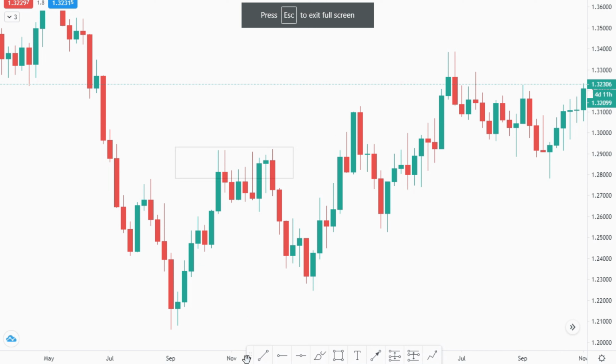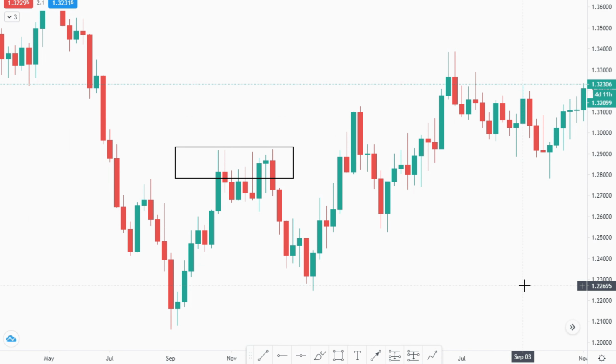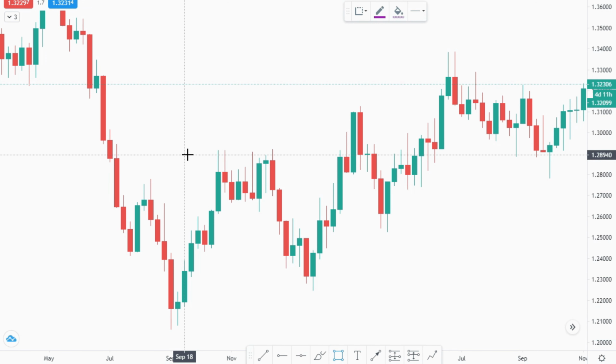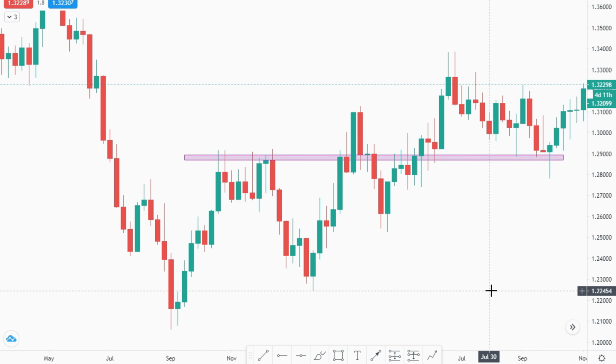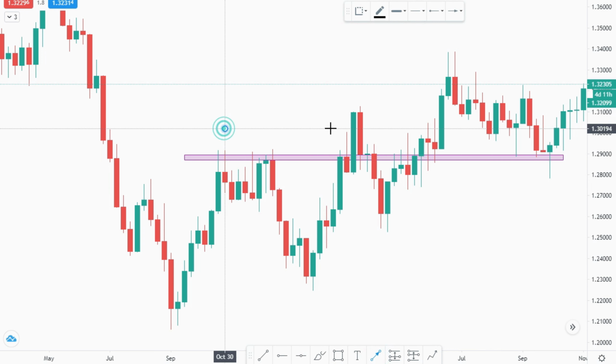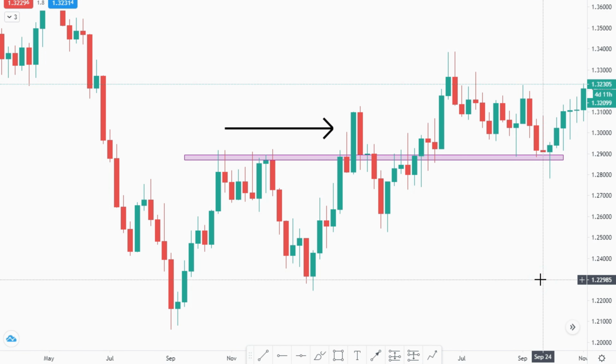Here we have a double top and a price reversal giving us a key level of resistance. Look what happened when the price approached this level of resistance. We have a small candle and then a long green candle which shows gain in momentum, which shows the buyers are in control of the market. Then traders who entered short in this area got trapped, and the price broke through this level.